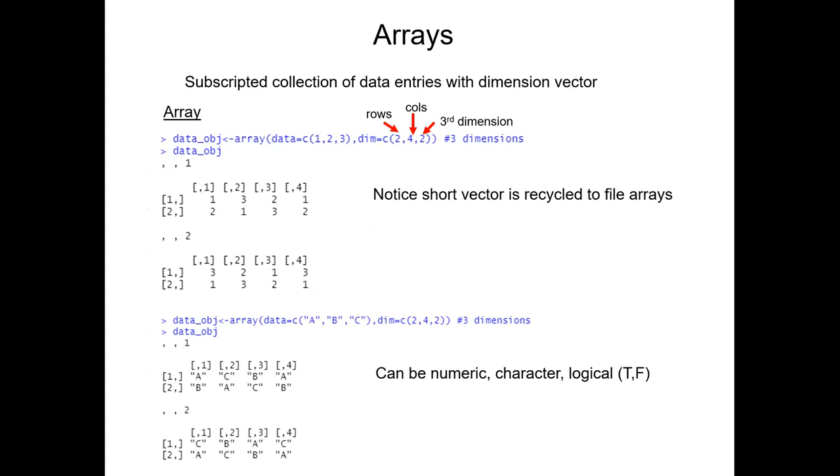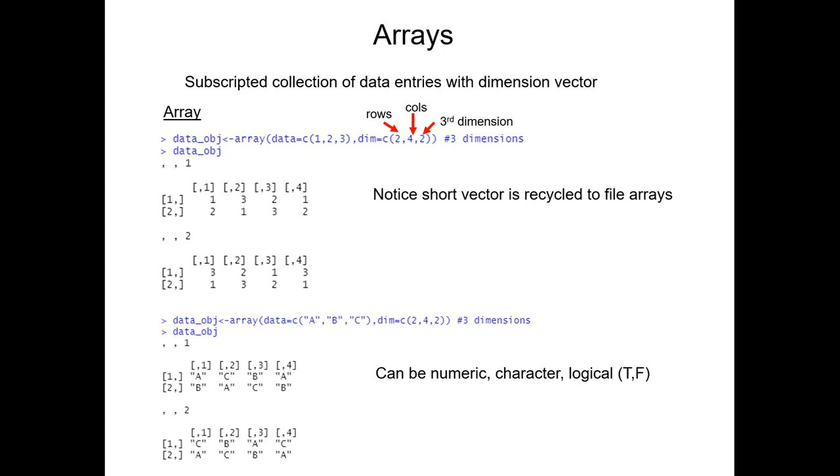I'm using only 3 data points, which will be recycled to fill the array. And I've defined 3 dimensions. The first is the row. So just like the matrix, we'll have 2 rows and 4 columns, but I have a third dimension, which says make essentially 2 copies of that matrix, and you'll see the result below